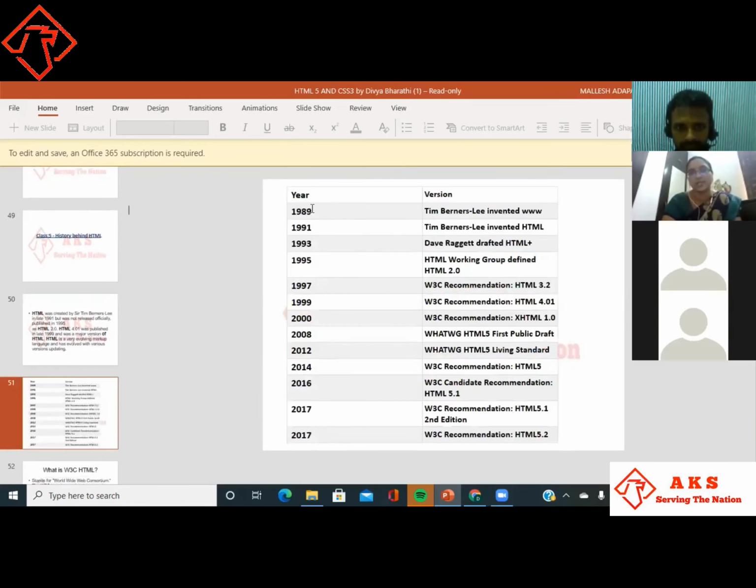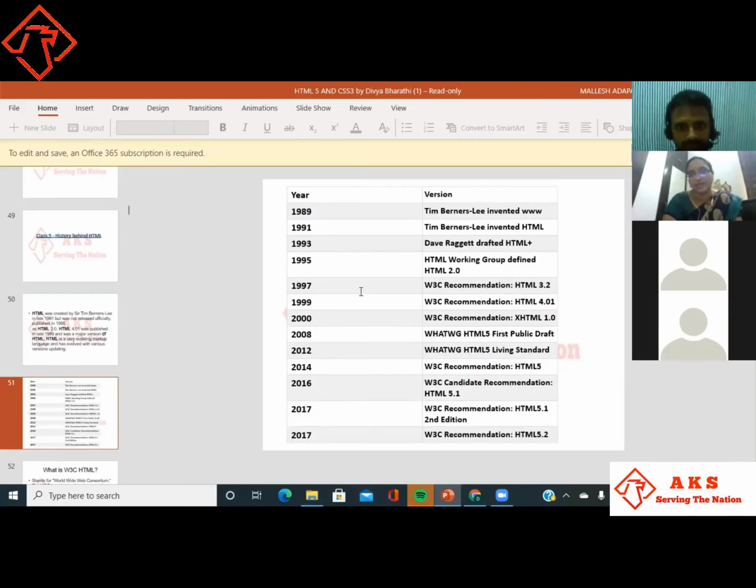In 1989 Tim Berners-Lee invented the WWW. In 1991 he invented HTML, and later in 1993 Dave Raggett drafted HTML+, and in 1995 HTML 2.0. These are the years and versions mentioned.